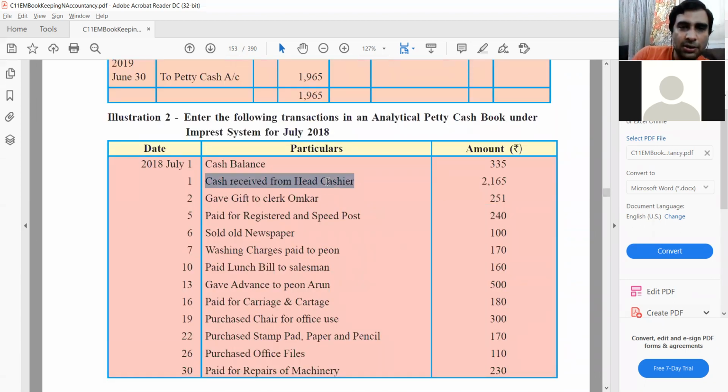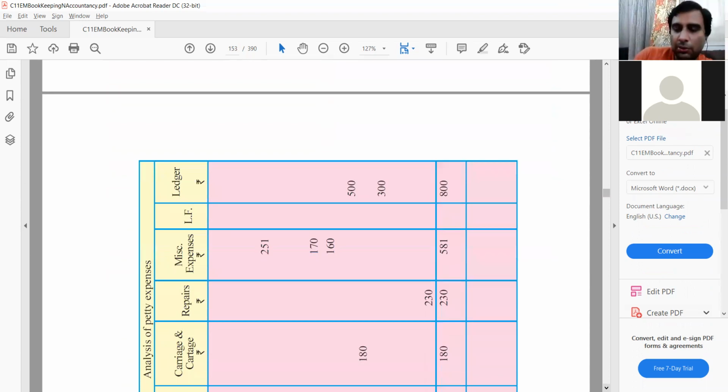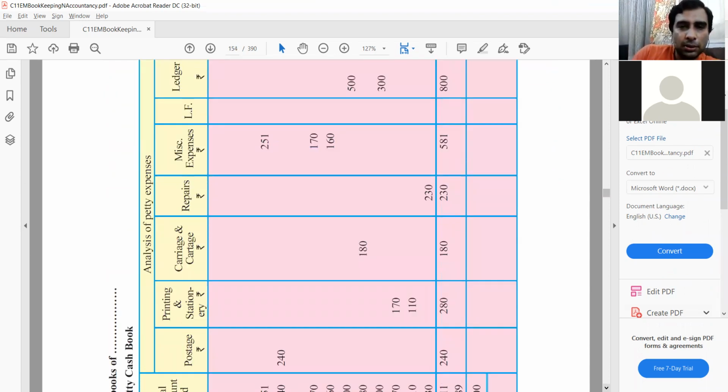So cash balance, cash received from now. Gave gift to clerk Omkar. So the first column will be gift: 251. Next column will be postage and courier, right? So you will have 240 there. Sold old newspaper. This is incoming cash, right? So it will come in the left-hand side column. Washing charges paid to Pune. So now, these are decisions you have to make. Want to make a separate column for it, or you want to club certain things into